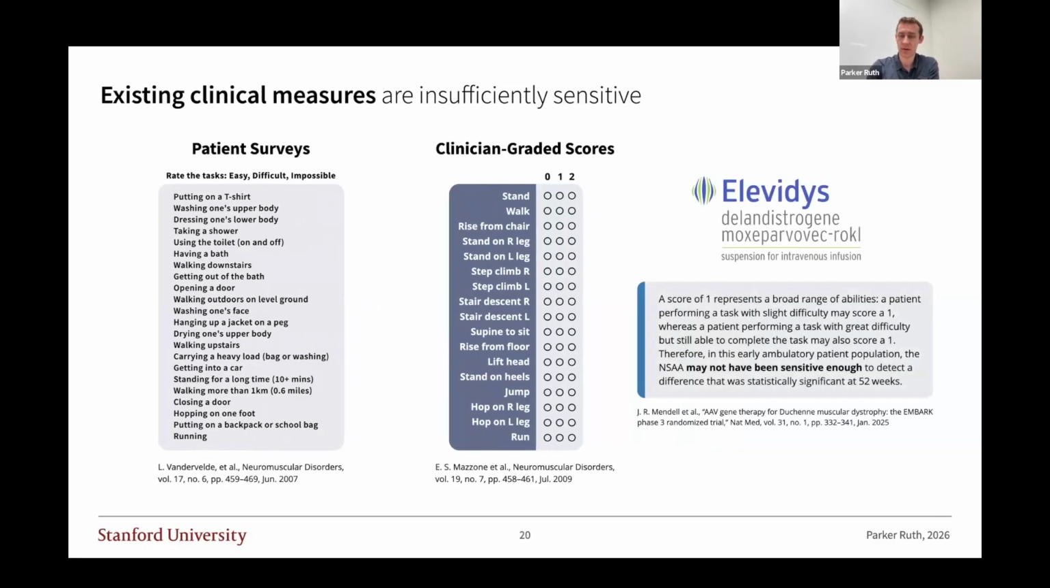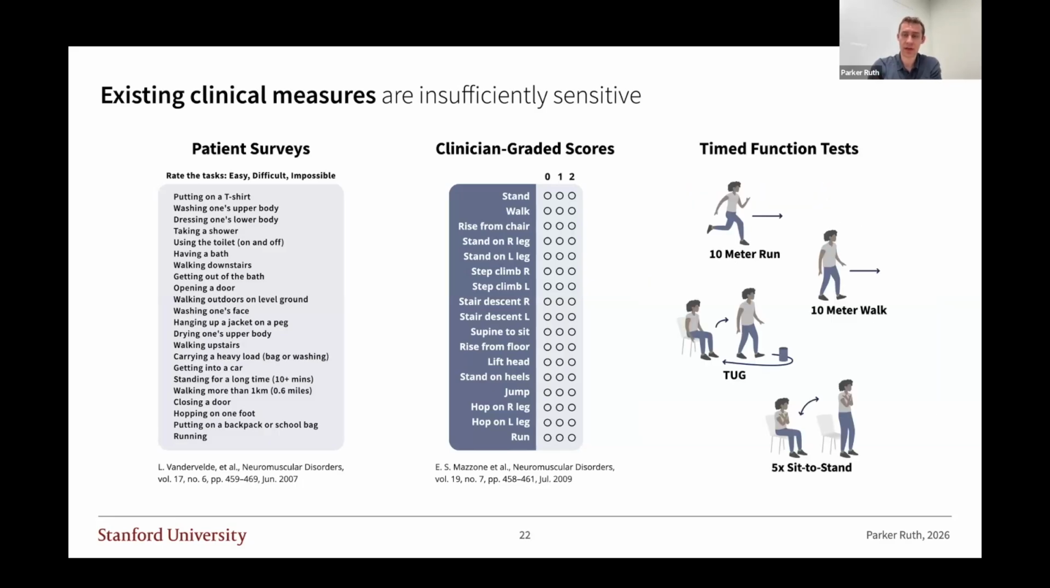And in fact, this impacted a recent clinical trial for Duchenne muscular dystrophy. There was a drug called Elevidys, and they explained in the trial results, because they weren't able to detect a change during the time of the trial, that a score of 1 on this type of clinician-graded score can represent a broad range of abilities. A person might be able to perform a task with slight difficulty, and that would score a 1. Someone else might perform the same task with great difficulty, and they would still score a 1. And so they found in this study that that assessment just may not have been sensitive enough to detect that difference during the trial. And that's why many people use time function tests, because they're continuous measures of function rather